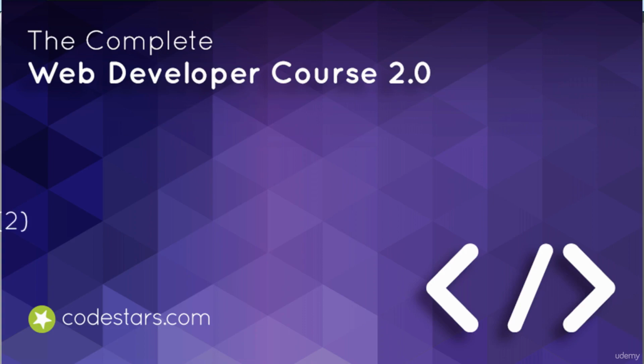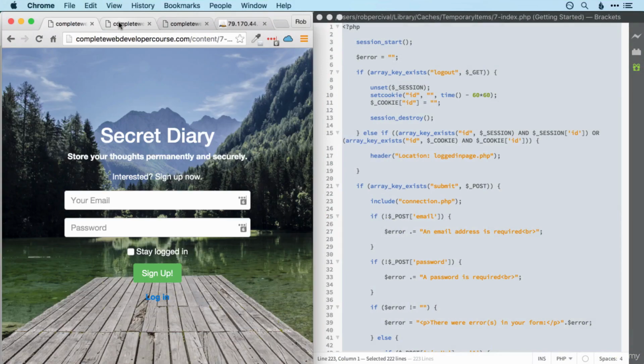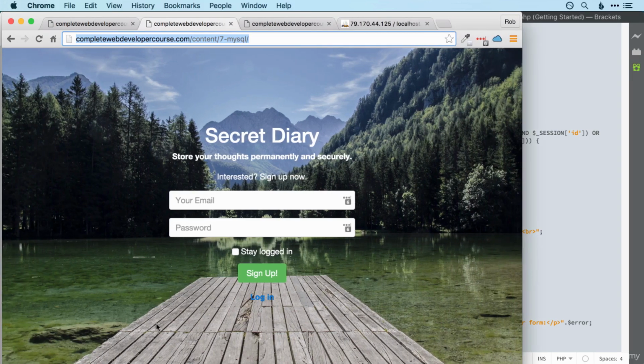So now that we've built our login and sign up system, let me give you a quick reminder of what we're working towards. In this video, we'll be prettifying things quite a bit using Bootstrap and getting a nice background image in there. We're going to be using a little bit of jQuery to switch between login and sign up forms. And then when the user does sign up,